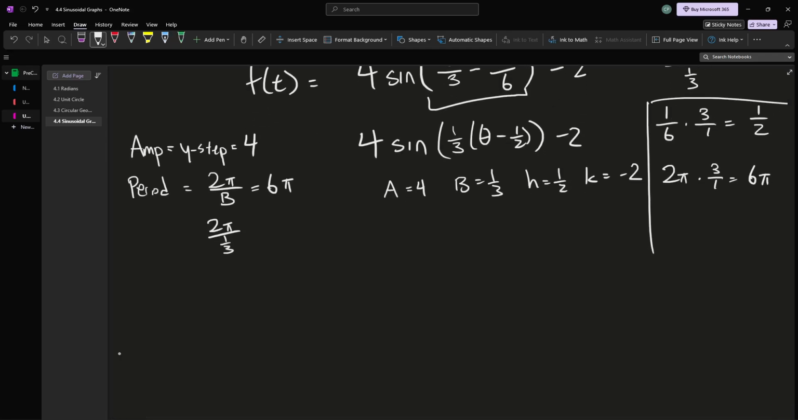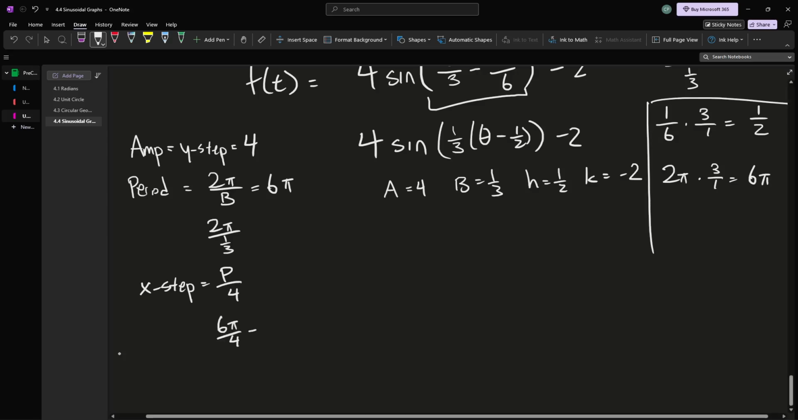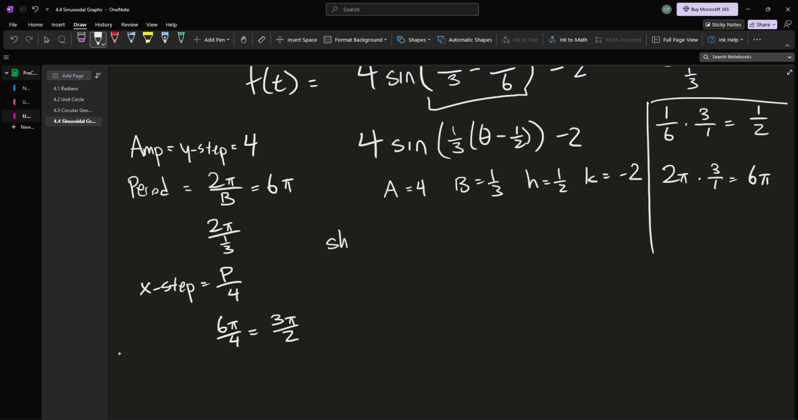And then my x step is my period divided by 4. So 6 pi divided by 4 gives me 3 pi over 2. And lastly, my shifts. My shifts, it is to the right, 1/2, 1/2 to the right,